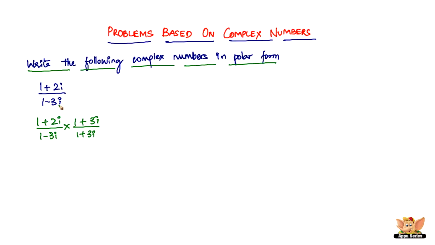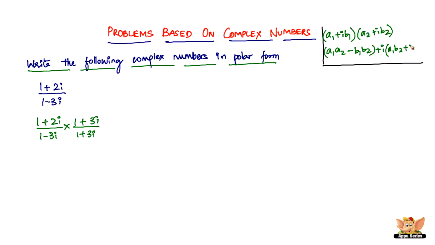So when you've got two complex numbers, I'm writing this for those who don't remember the multiplication formula. When you have two complex numbers, a1 plus ib1, which has to be multiplied with another complex number, a2 plus ib2, you need to write it as a1 a2 minus b1 b2 plus i times a1 b2 plus a2 b1. So this is the formula. So applying that here, we get,